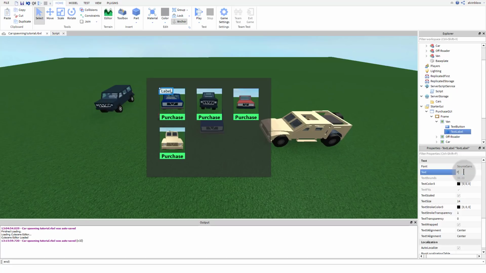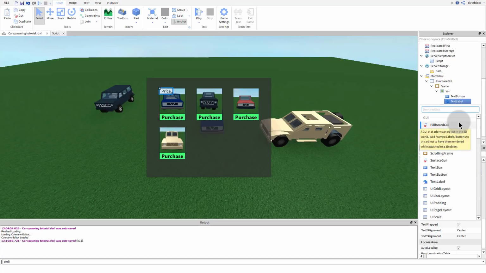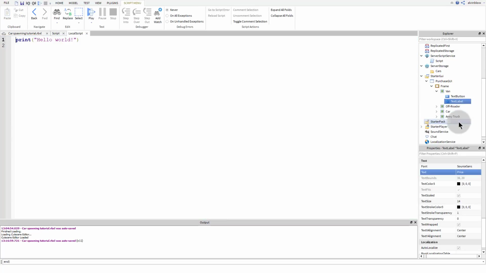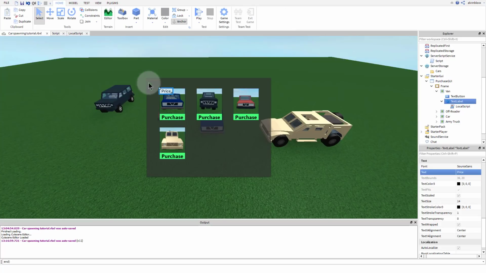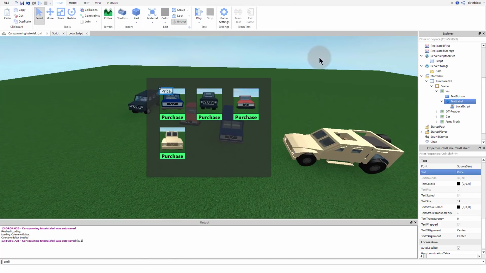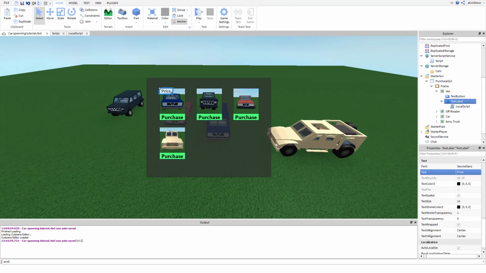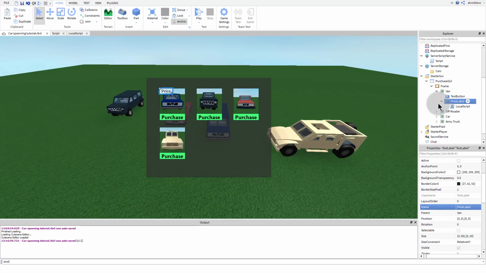Now we can put price as the text and then we can insert a local script into here and later on we will be able to display the price of the cars as we will script that later on. So we're just going to leave this text label in here for now. We can call it price label and we will deal with that later on.